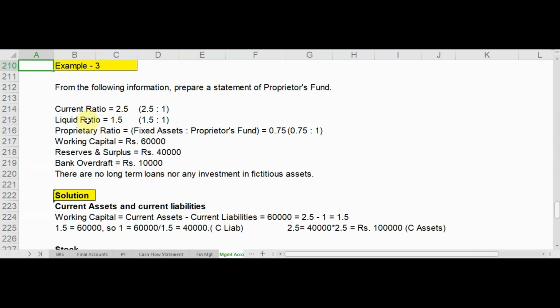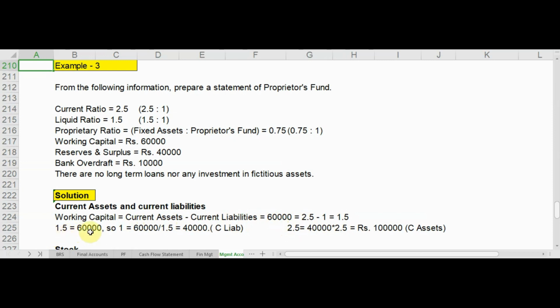First, current ratio is 2.5. We know current ratio equals current assets divided by current liabilities. So current assets equals 2.5 and current liabilities equals 1. And we also know working capital equals current assets minus current liabilities. So working capital equals 60,000 equals 2.5 minus 1 equals